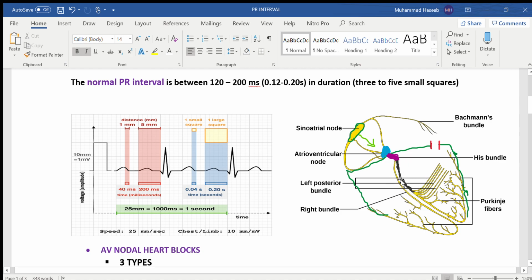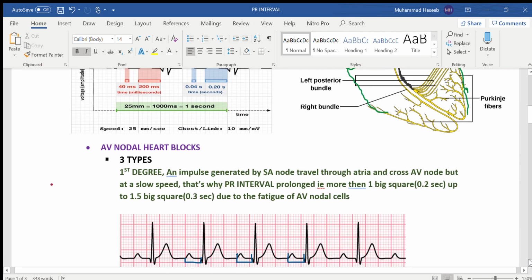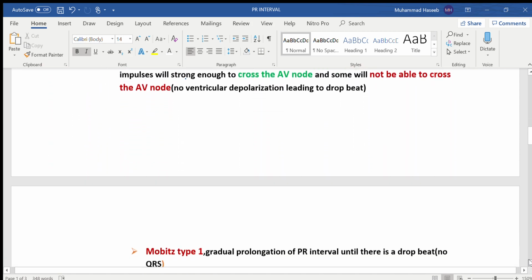So these are the different names given to this third degree heart block, or your book says it is overdrive suppression of the ventricles. That means your ventricle, which can act as a pacemaker, remains suppressed. But suddenly this suppression is overdriven and they begin to drive the heart by developing a new pacemaker. So this was all about Stokes-Adams syndrome or the third degree heart block. Let's see this with the help of an example.